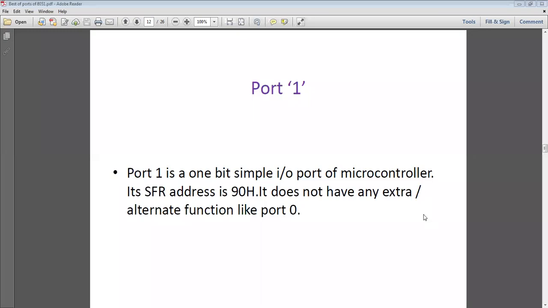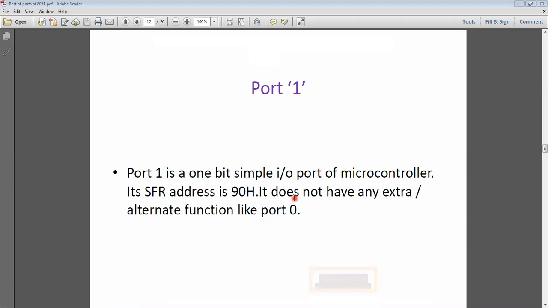Hello all. In this video of 8051 port 1, we are going to learn the input output operation of port 1. Basically, it is a very simple port among all ports, that is port 0, port 2 and port 3, because this port performs a single operation of input and output only. So as we can see over here, it is a simple 8-bit port which is responsible for only doing the input and output operation, unlike port 0.